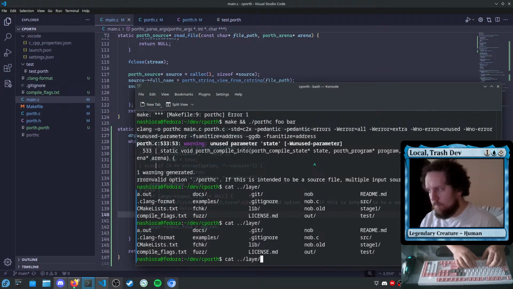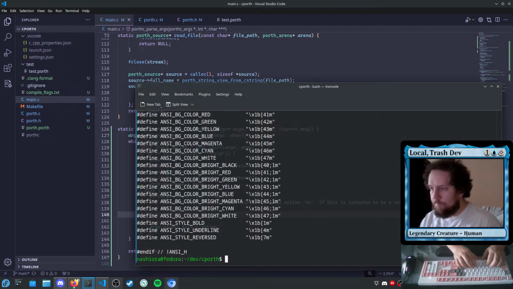Interesting. I don't have an include. Is it all just in lib? What the heck? Oh, because it's in stage 1 now. Stage 1 include ANSI.8. Cool. So,